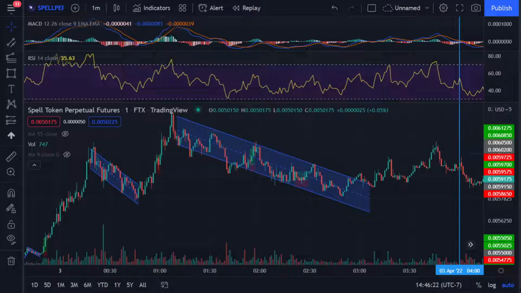Especially on something as illiquid as this spell token, sometimes you only get a microsecond of an opportunity to secure a certain price. So you really have to make quick decisions. Some of these trades maybe not the best ones to take, but some of them are pretty good. Like I said, we had a couple